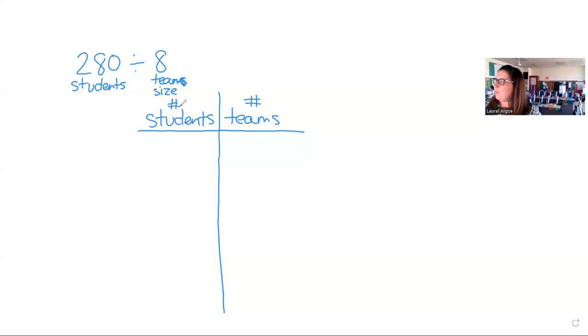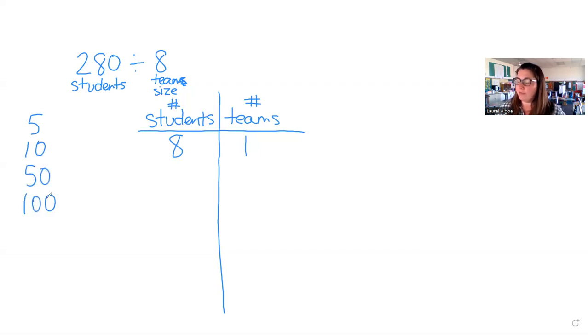So I know that in one team, I have 8 students, and I always try to remind them, as that entry point into this problem, to remind themselves about what they know. So for every one team, there are 8 students. And I'm going to start chipping away again using those landmark numbers